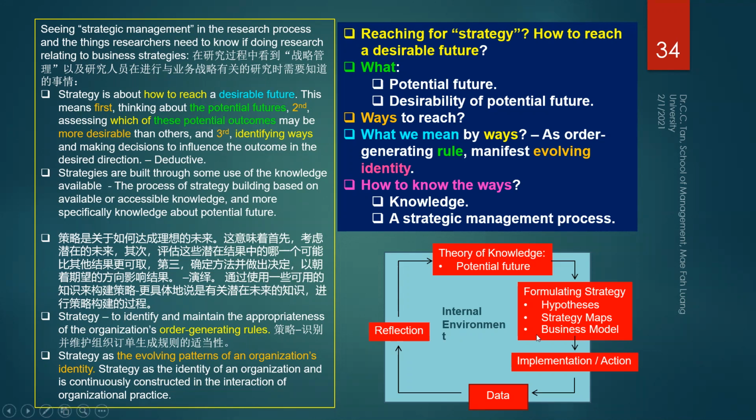Okay, and again, this inductive and deductive is also part of the way of reaching that potential, right? You can look at this theory and data as a way to explore for new opportunity and to exploit the opportunity. Because if you do not have the knowledge, you cannot implement it, you cannot exploit it. And if you do not have the knowledge of opportunity, you have to find ways to explore it.